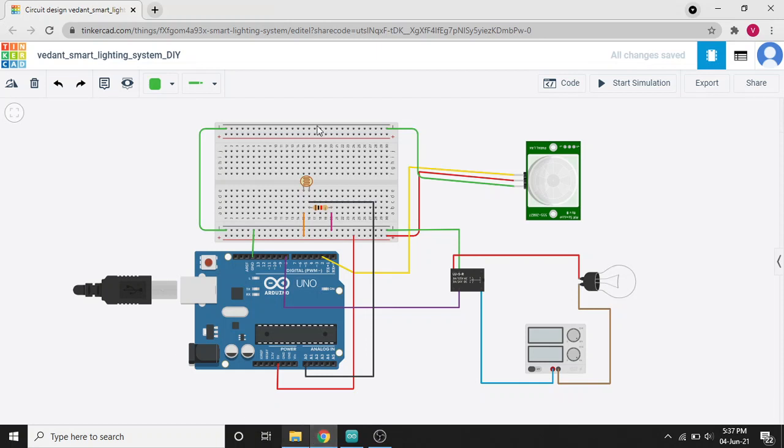First I will explain this photoresistor. This is a photoresistor, also known as LDR, light dependent resistor. It got its name as LDR because it reacts to light and changes its resistance according to the intensity of the light. So it knows if it is daytime or night time.